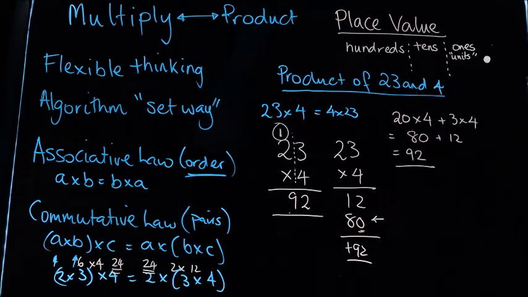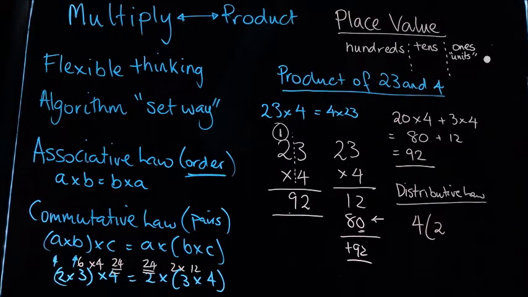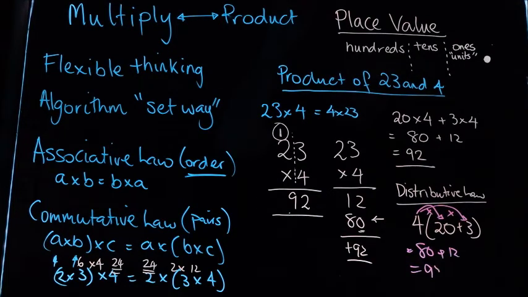I've got one more, and that relies on a new law here called the distributive law. And this is kind of useful because it's the same thing as above, just set out differently. I'm thinking about 23 is 20 plus 3. And what I'm doing, I'm just changing the color of my pen so you can see. I'm multiplying the 4 through here. And so that's 4 times 20 is 80. 4 times 3 is 12. And so we end up in the same spot. So we've got all these different ways of working, and